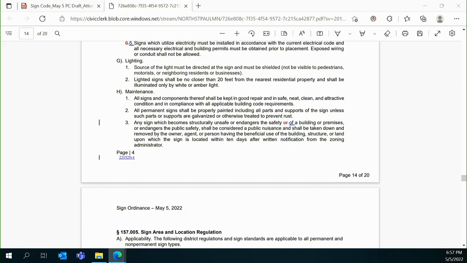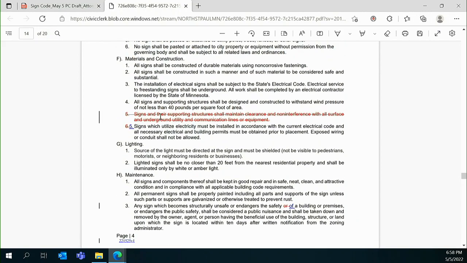Yes, sir. I apologize that I have not studied this. I did read through it the other day, but I have not studied it. Is there anything in the ordinance that would preclude internally lit signs or neon signs? There used to be, but we have now opened it up so you can have internally illuminated signs. Okay, and also externally, but neon signs would be allowed as well, right? Yep. Even though they're not terribly common, people do find them, historical signs and things like that. The neon, I believe the neon is a window type, is that right? Or am I remembering that wrong? I think we didn't differentiate the type of lighting.